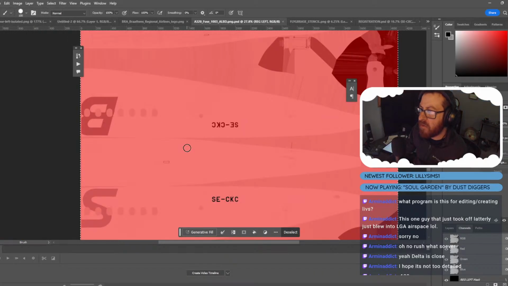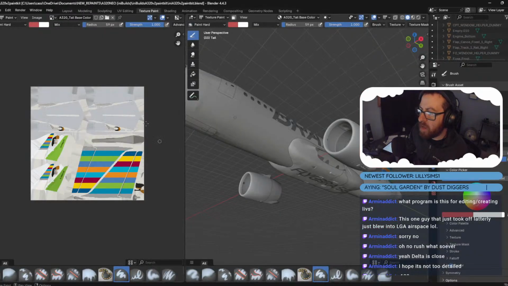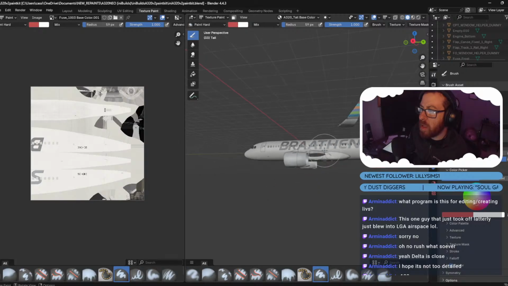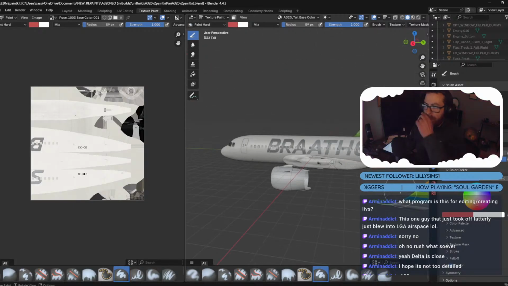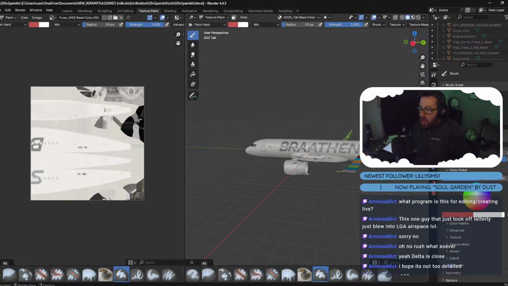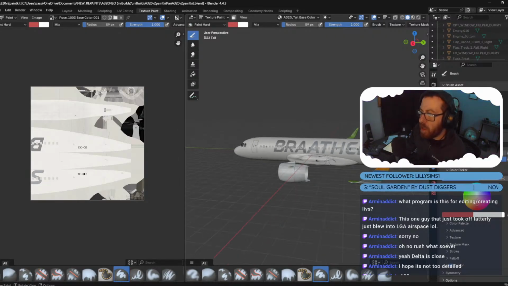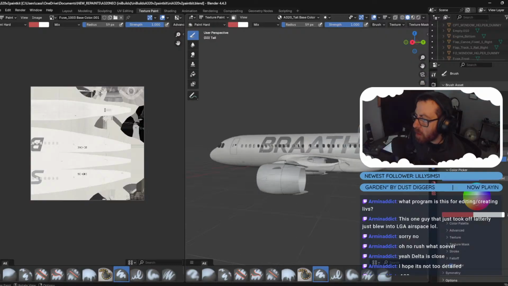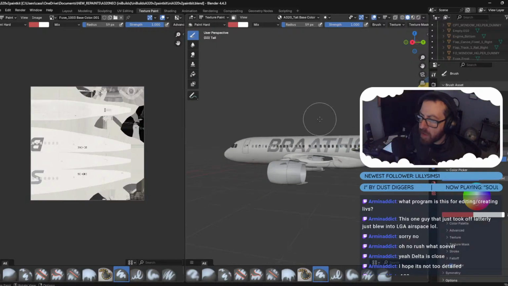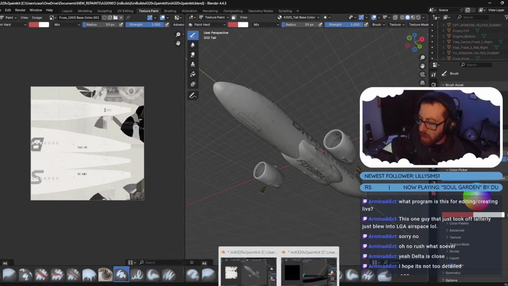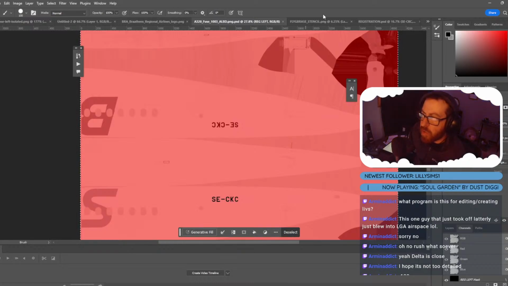File, save. And then come back over to Blender to our preview. Go to 3, image, load. Beautiful. Now, one thing I did want to make a little itty bitty change here. We need to go back into Photoshop. We need to go to our